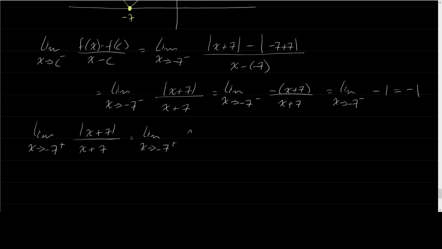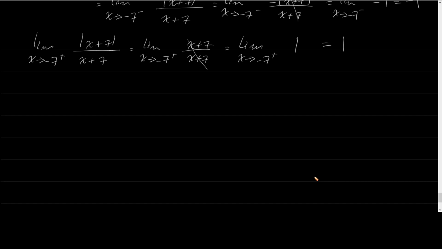So we're going to have x plus 7 over x plus 7, which gives us, well, these cancel out, right? Just like these cancel out. It gives us the limit as x goes to -7 from the right of just 1, which is just 1. So in here, since we found different limits from the left and from the right, well, then we know that